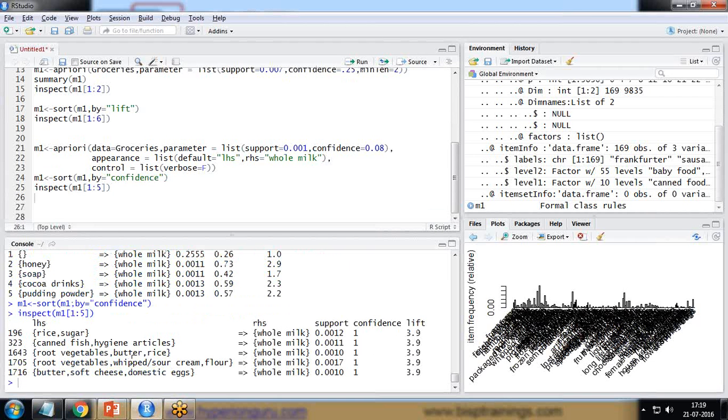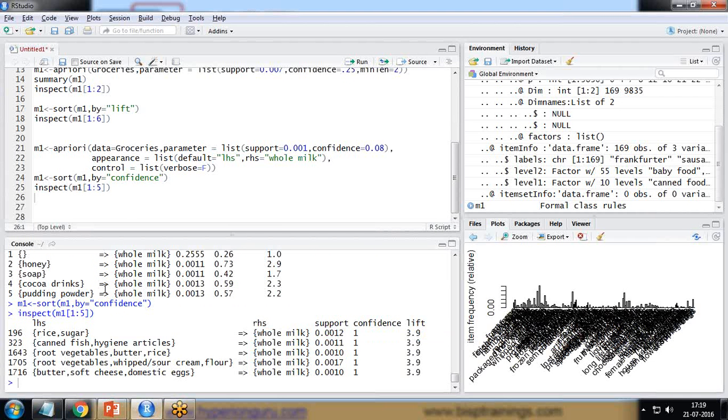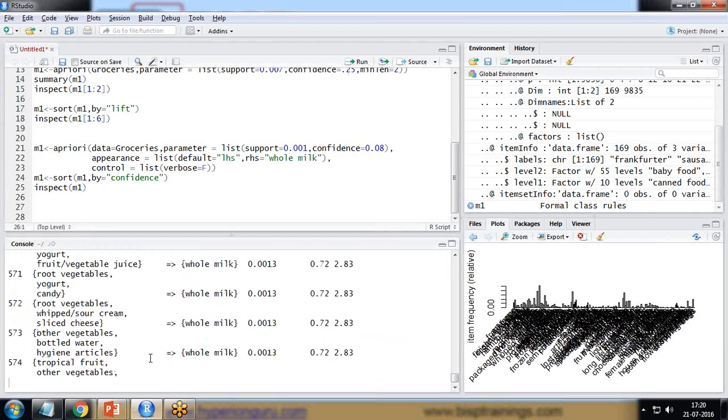so you can see the confidence. It's working now. So whole milk, and so the equation has been changed, because earlier it was not, because I am displaying only first 5 items. If we inspect all the items, so instead of inspecting 5 items, if I inspect all the items,